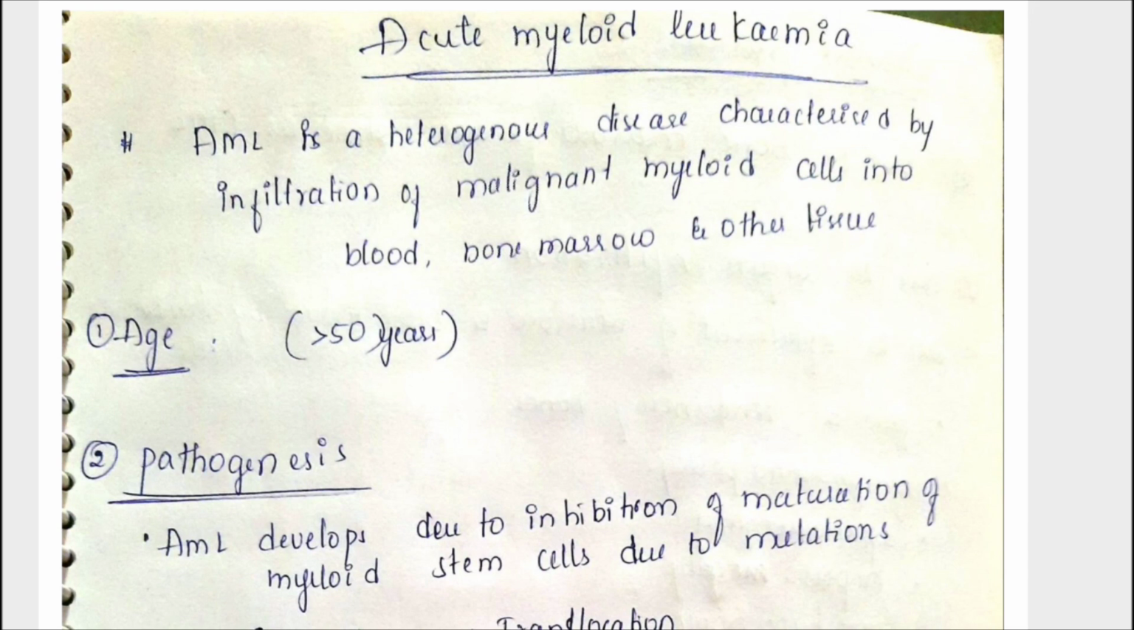Leukemia means it is a cancer of the blood. It is a very simple term. And we start with acute myeloid leukemia. There are two types of myeloid leukemia, that is acute and chronic. In acute,